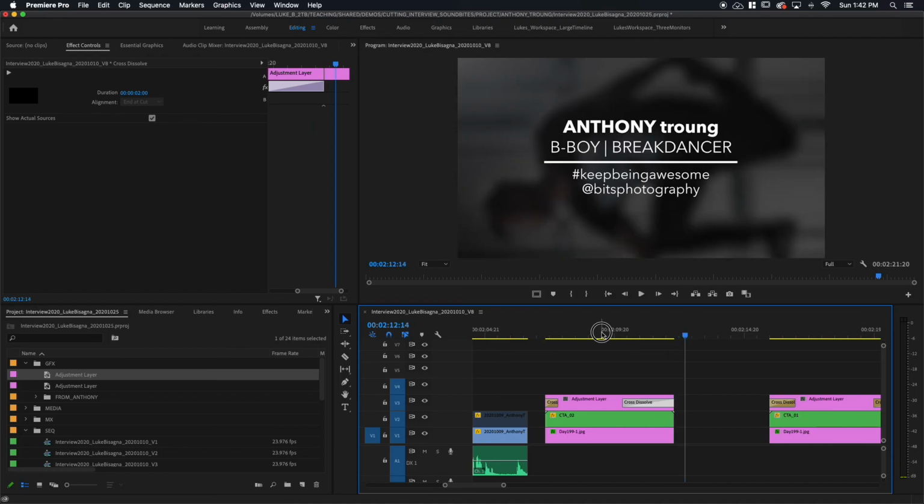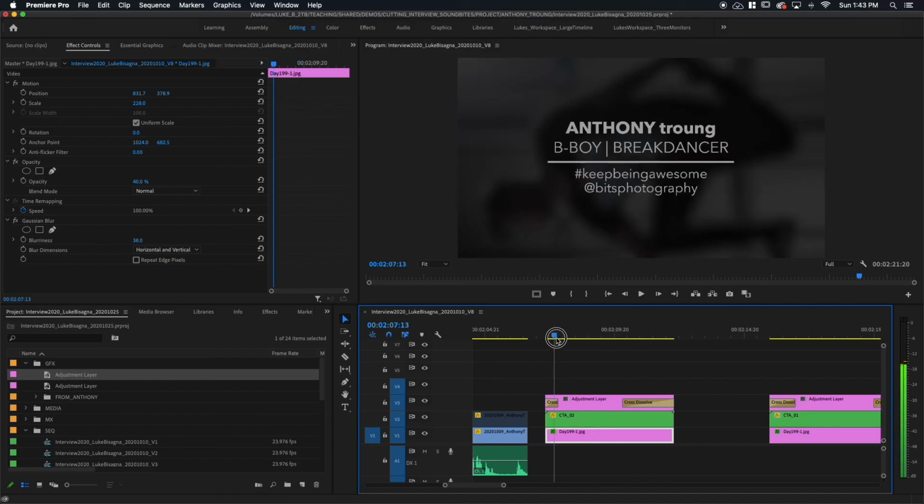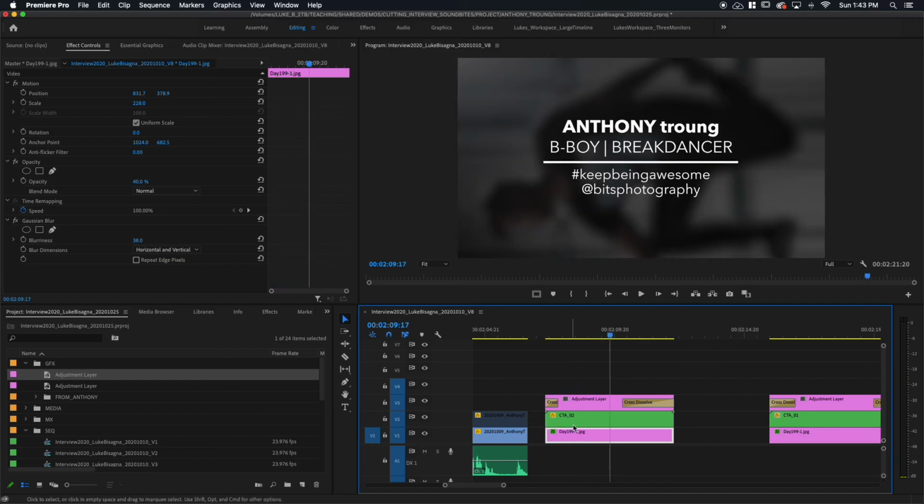Yeah, I like that a lot better. Cool. All right, my friends. So that is creating a simple call to action, or CTA, using one of our subject's supplied images as a background, manipulating it with scale, blur, Gaussian blur that is, and then opacity, and then building a text and graphic package on top of that with multiple layers, then nesting those together as one item, and then putting a move on it just using simple scale, and then fading both of those elements in and out using an adjustment layer to control that. Good stuff.